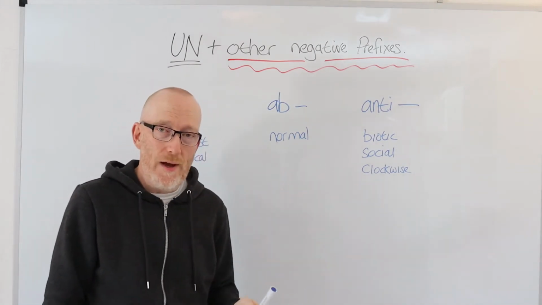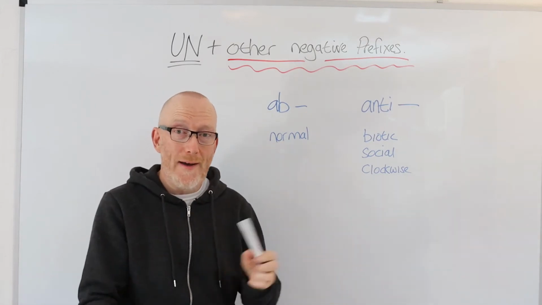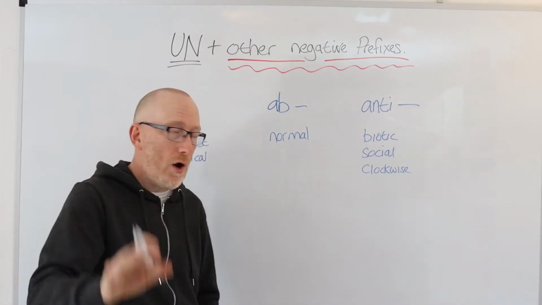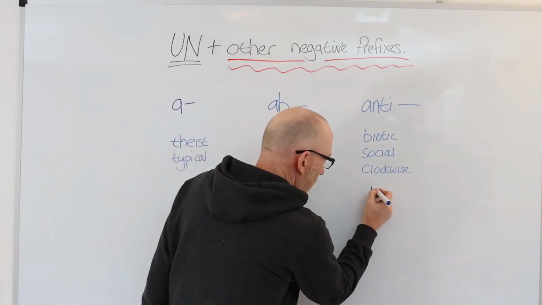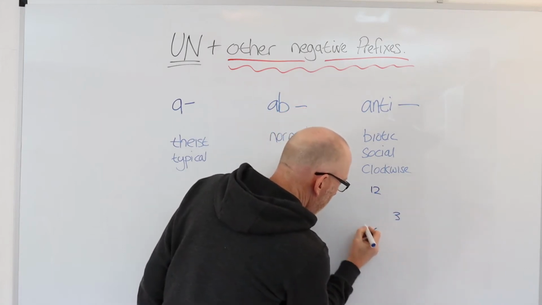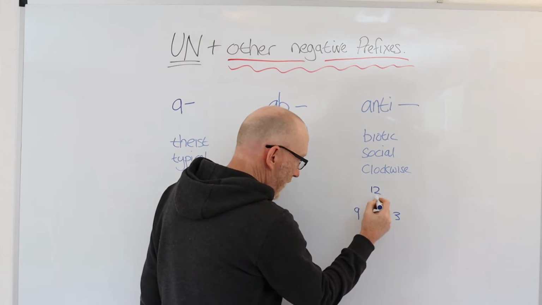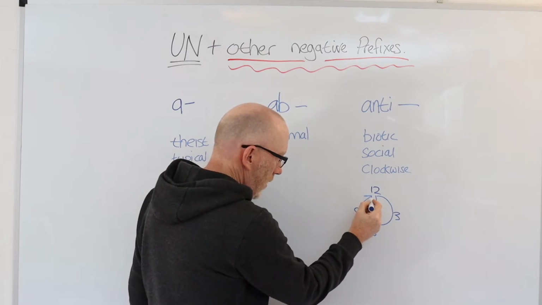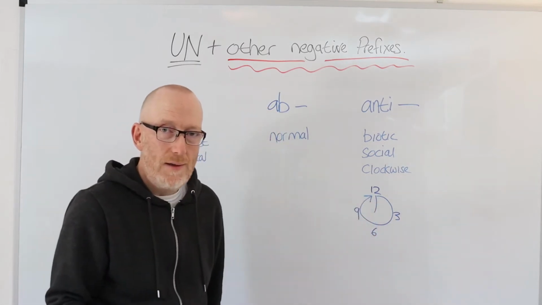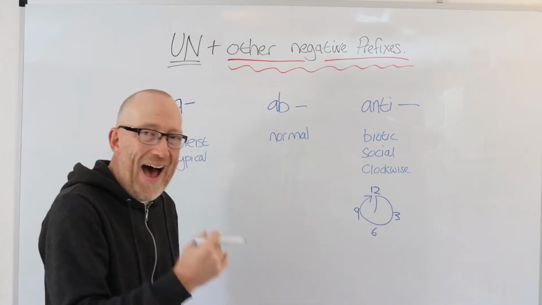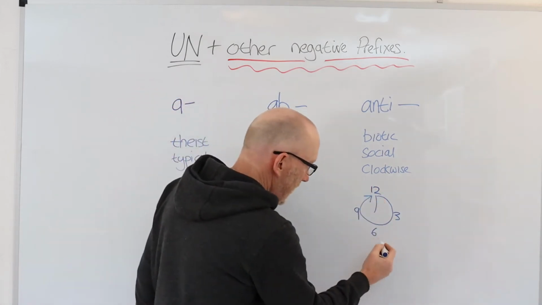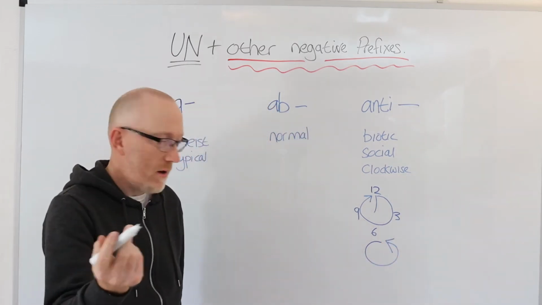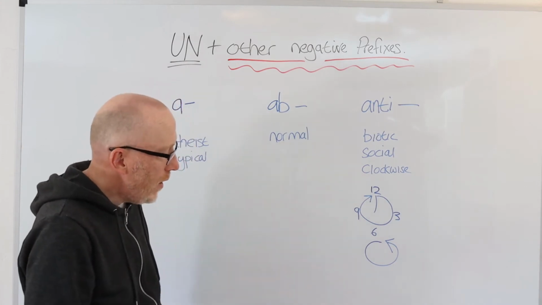And we have anti-clockwise. Now this is interesting. Now if you know the difference between clockwise and anti-clockwise, or if you don't, okay, let me just describe clockwise. Clockwise, okay, we have clock, we have 12, 3, 6, and then we have 9. And we have the hands of our clock, okay, which travel in what we call a clockwise direction. So this is clockwise. Anti-clockwise is basically when something travels in the opposite direction to your clock. Yeah, so anti-clockwise.